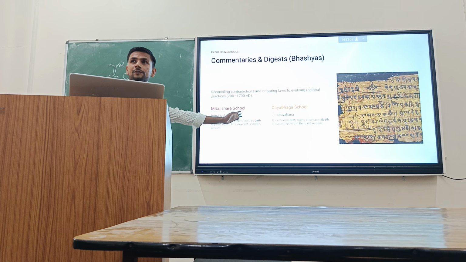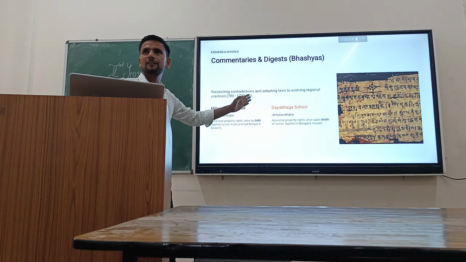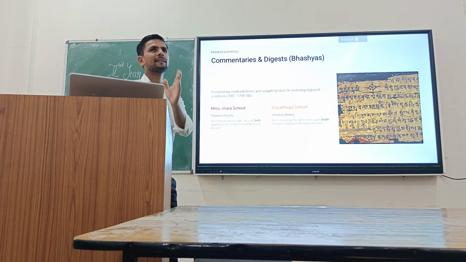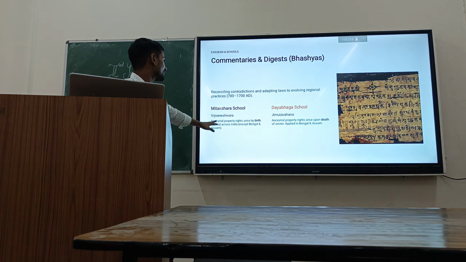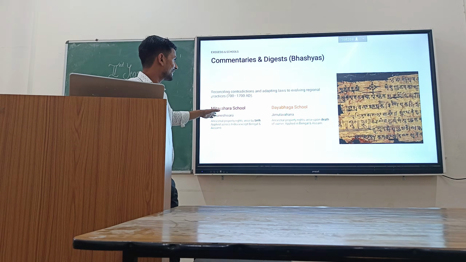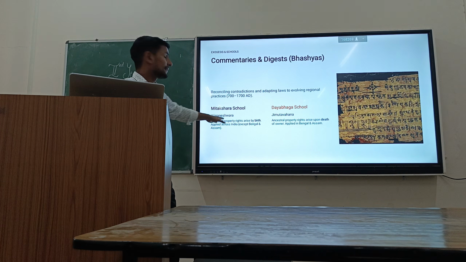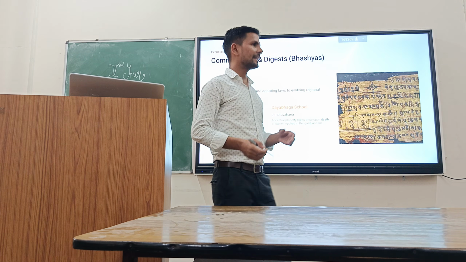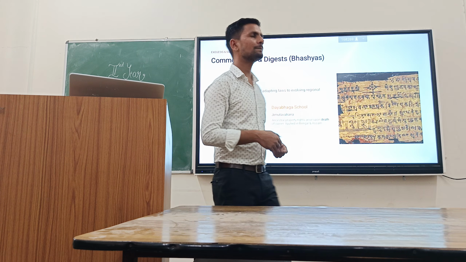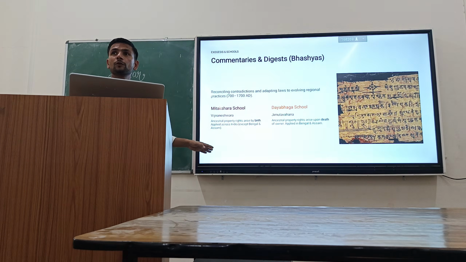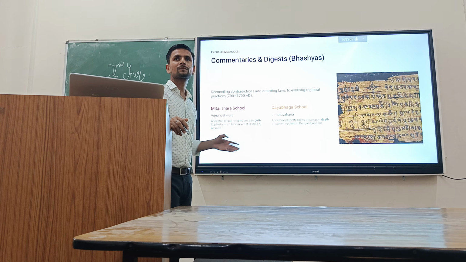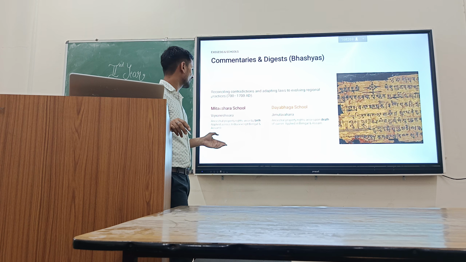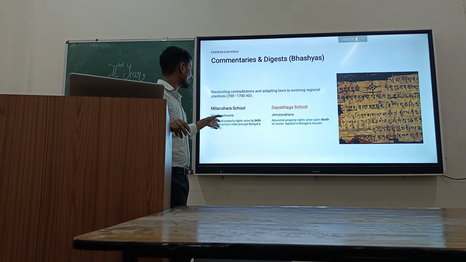And then after that two schools, the Mitakshara school and the Dayabhaga school, came into existence. It is on the basis of geographical area. This Mitakshara school is in existence all over India except Assam and Bengal. Uttar Pradesh, Madhya Pradesh and different other parts of India follow this Mitakshara school. In this school, the ancestral property goes into the hands of the heirs. So except Bengal and Assam, it is followed all over India.